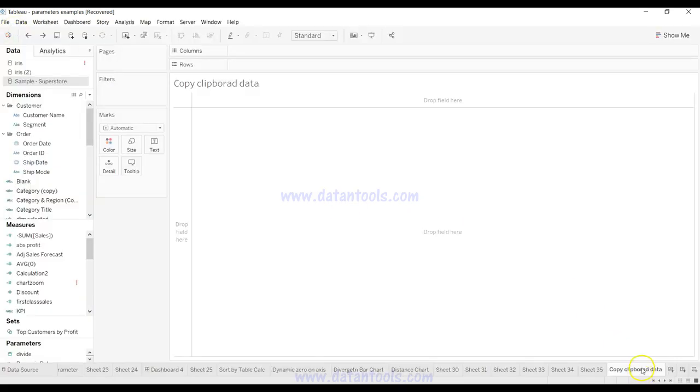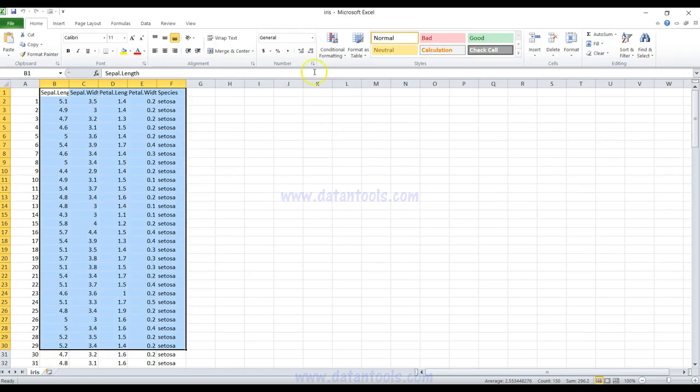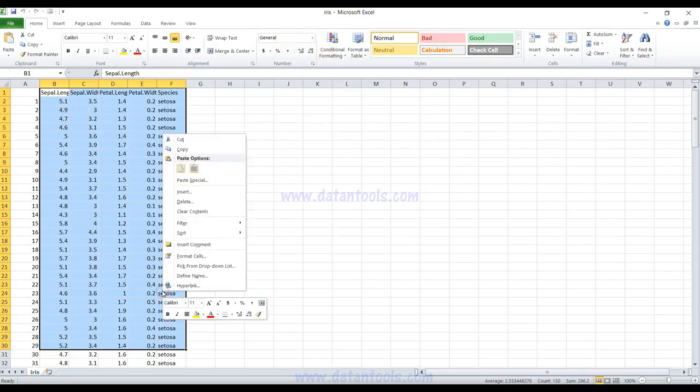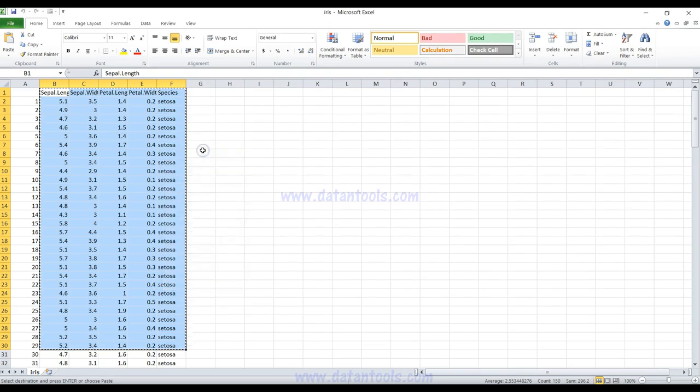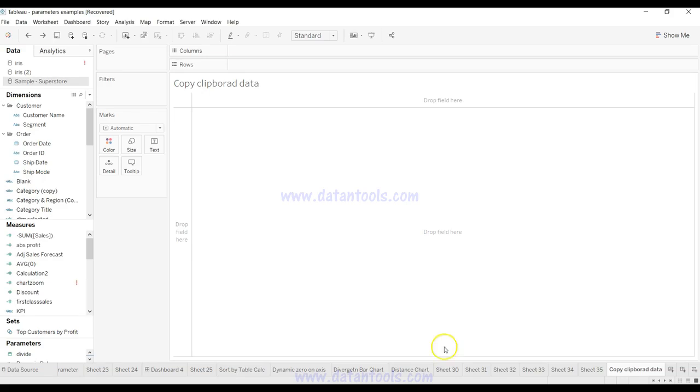So I'm coming back here on my sheet, copy clipboard data. So here is the indication that I am going to copy some data on the clipboard and then get it in here. Alright, so how can I do that? Very simple. So here is my simple file, which is the iris file, and here is some data which I have selected. I will just simply right click and copy and go to my sheet back here and do Control V